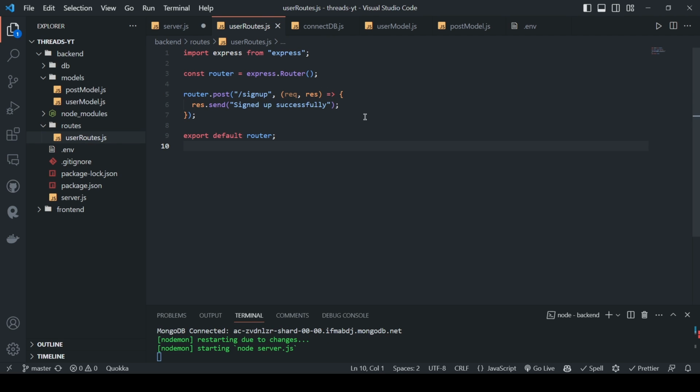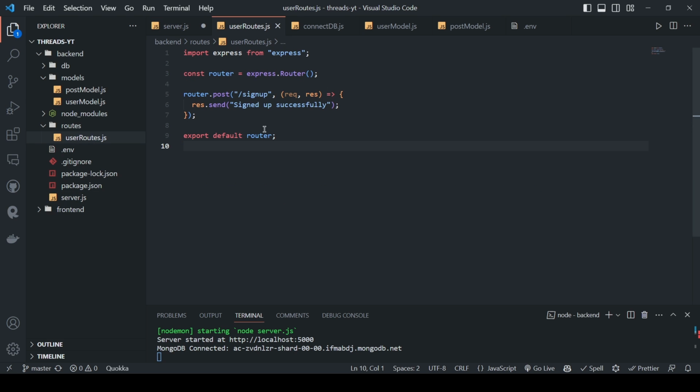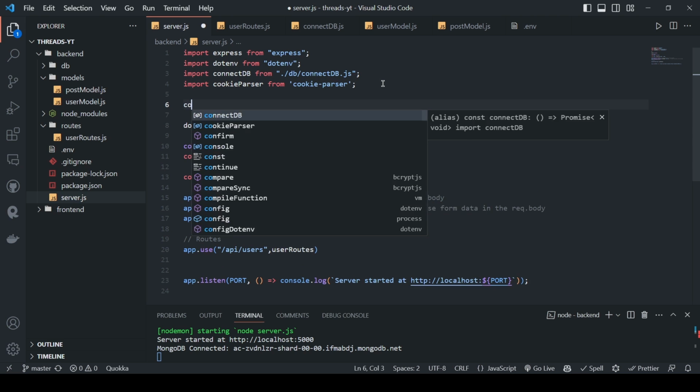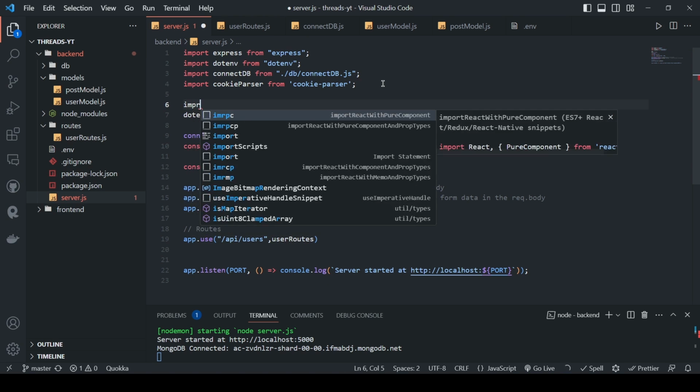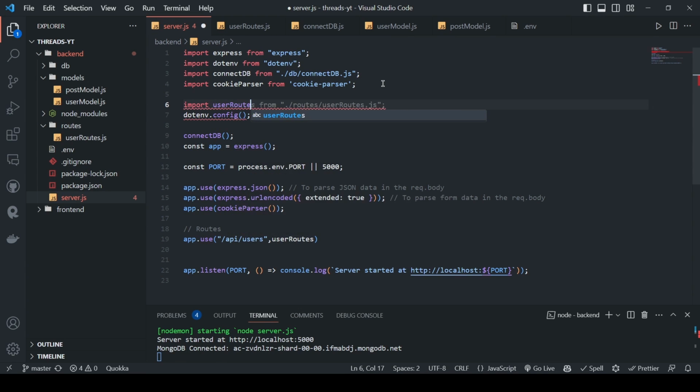So here, what's happening? When you hit the API/users/signup with the post request, you're gonna get this response. But let's just say get so that we can see it. So I save here, but first import this. So it should be const user routes, but actually it should not be require, but import user routes, and from this. All right,